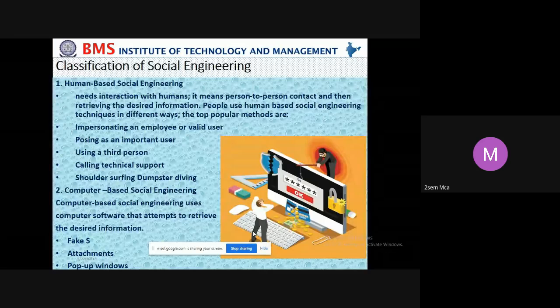Calling technical support, like acting as technical support. Do you have a fridge in your home? If you say yes, which model, which company, do you need any service for that, and so on. In the name of supporting staff or a call support engineer, they keep on calling you to track and gather information about you.